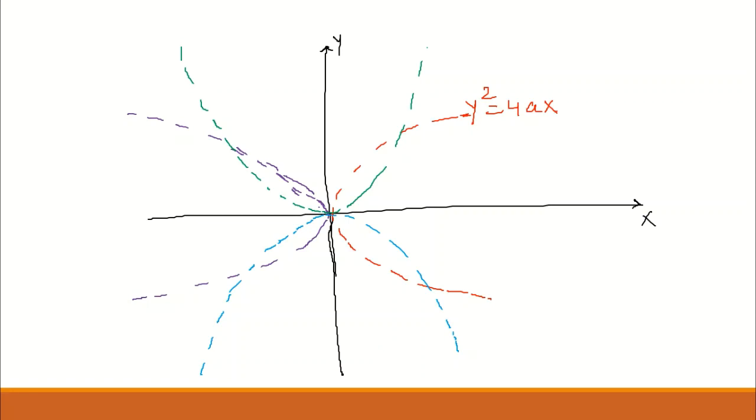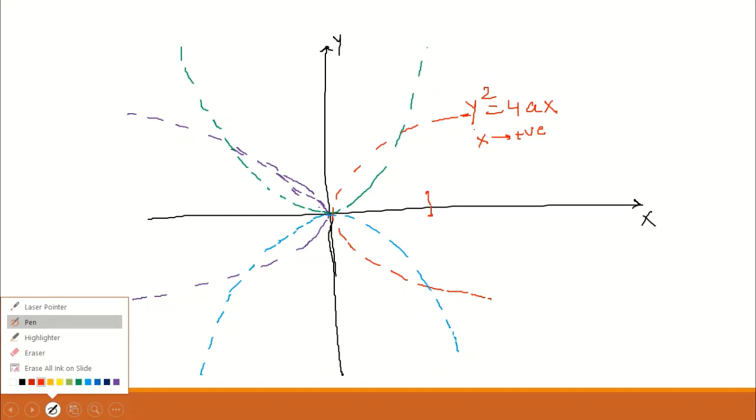Because if we substitute any value of y, whether it is positive y-axis or negative y-axis, whatever the value of y I present, after being squared it will become positive itself. मतलब x will always be positive. The graph will be drawn along the positive x, चाहे तुम y ऊपर जाओ चाहे y तुम नीचे जाओ.